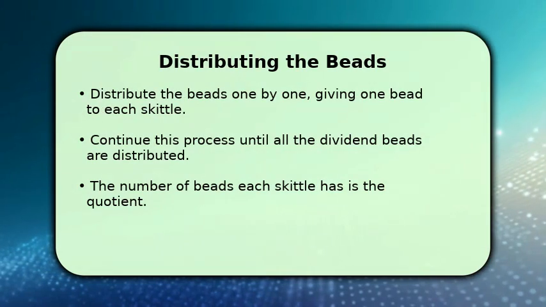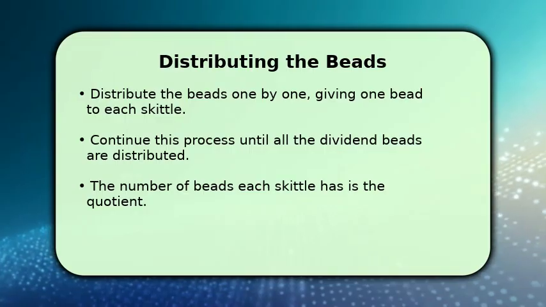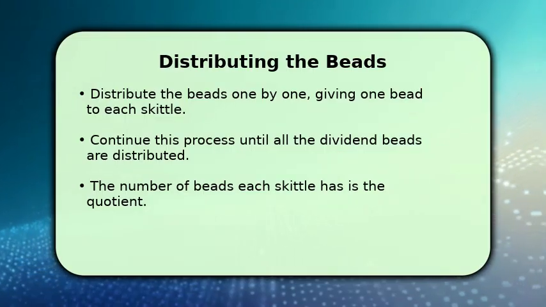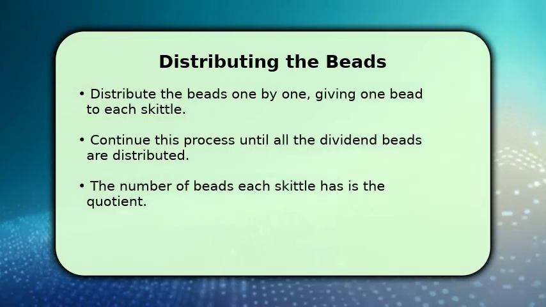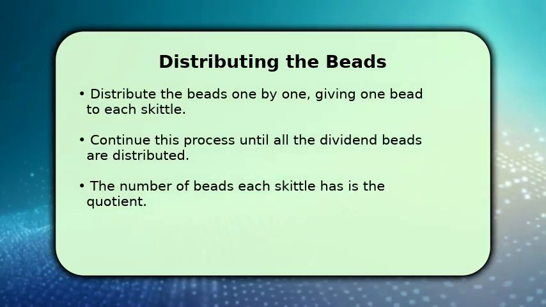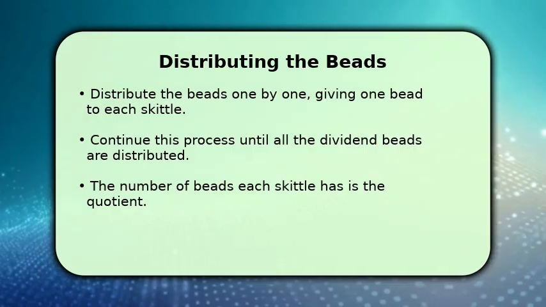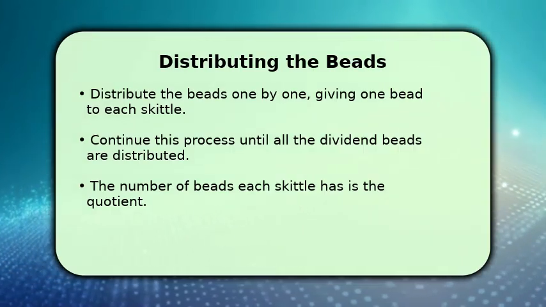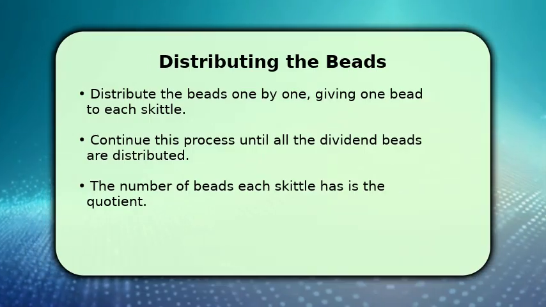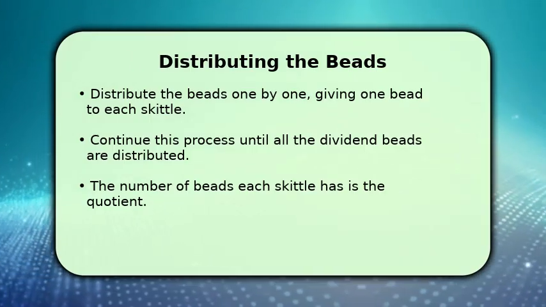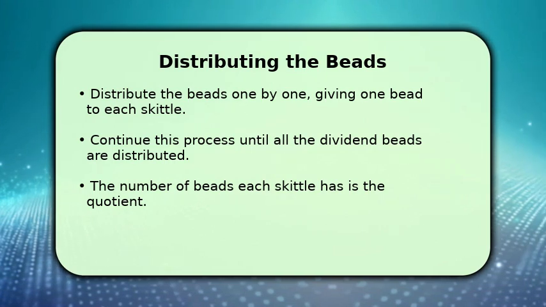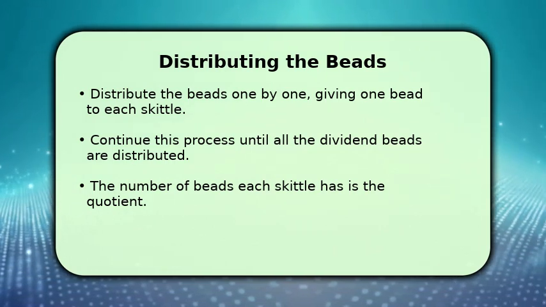Now, let's perform the division. Take your dividend beads and begin distributing them, one bead at a time, to each Skittle. Go around in a cycle, ensuring each Skittle receives an equal share. Continue this until all the beads are distributed. The number of beads that each individual Skittle has received represents your quotient, which is the answer to your division